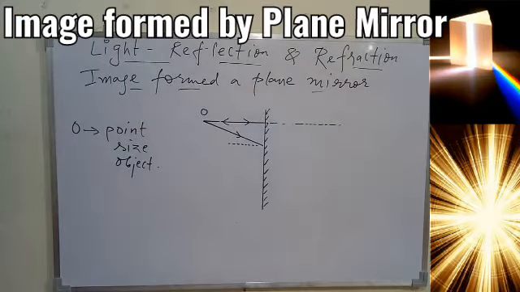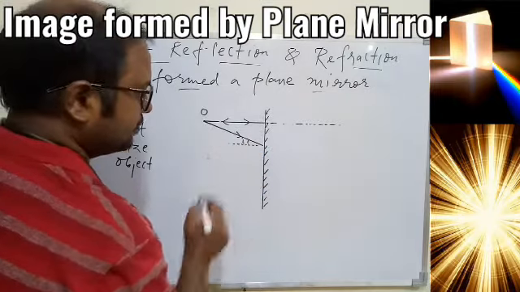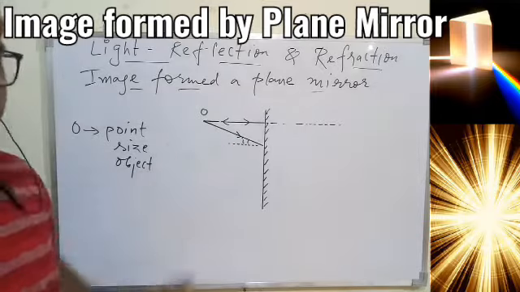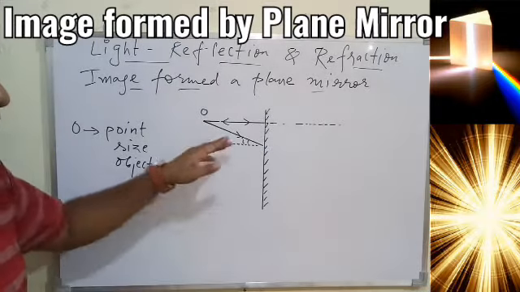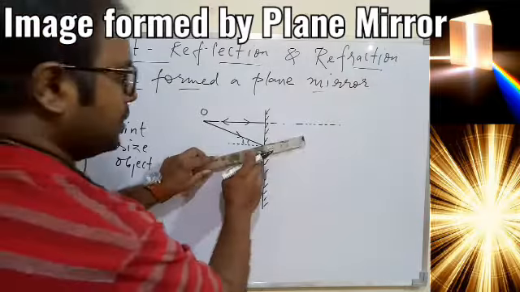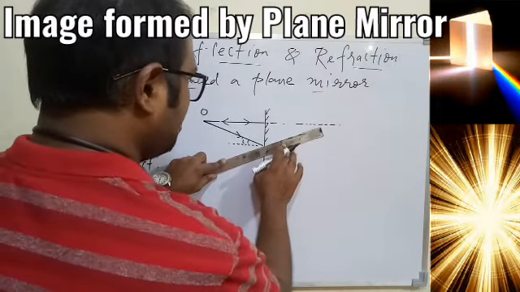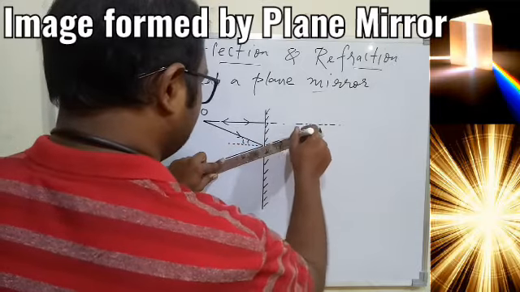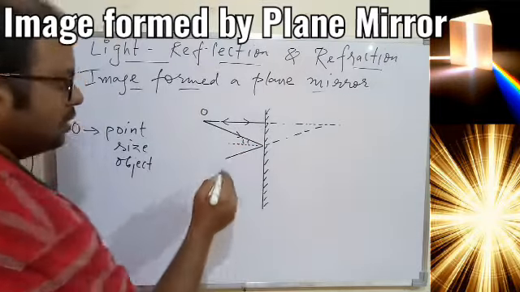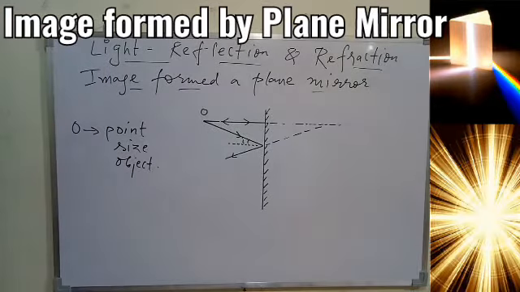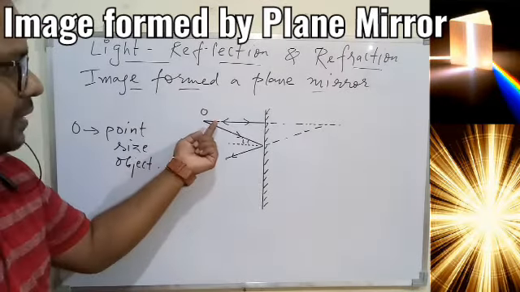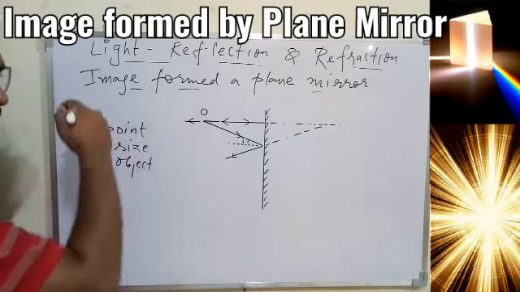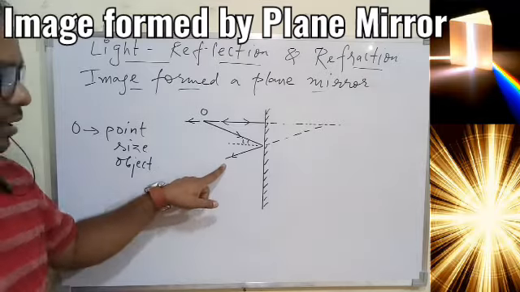Now we know what will happen to this ray if I apply the laws of reflection. This is the angle I, and this is the normal which I have drawn now. I and R must be equal, so this will get reflected back such that I and R are equal. We have to measure this angle approximately, the same angle should be there, and then complete this diagram. So you can see this is your reflected ray. The very first reflected ray we got is this one, coming along this line, and this is the second reflected ray.